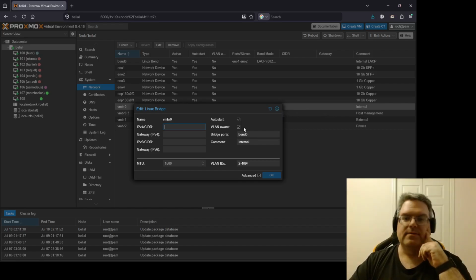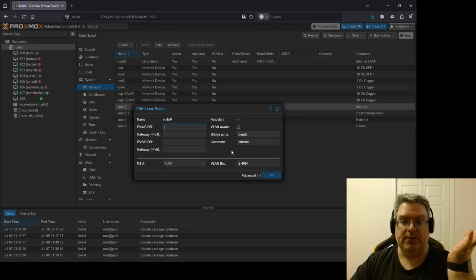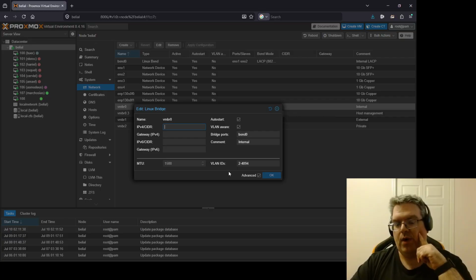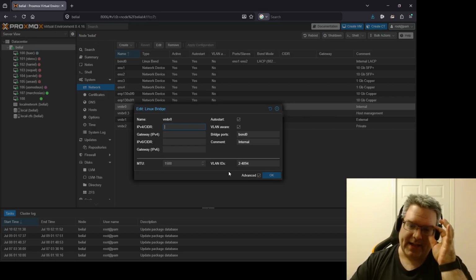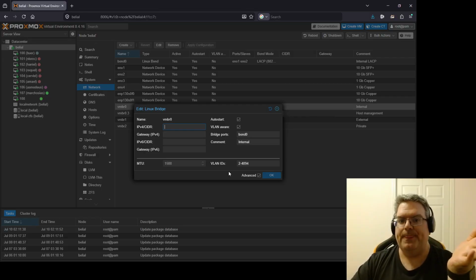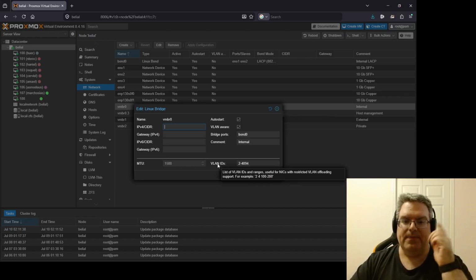If we take a look at the setup for VMBR0, you can see I have tagged this with VLAN aware. That just means, yes, you're going to run VLANs over it, so keep that in mind. And you've got VLAN IDs that are available. You can see that I don't have VLAN 1 in there because VLAN 1 is the native VLAN. I don't know this for sure, but I suspect if I had something like VLAN 100 as the native untagged VLAN, I imagine I would have VLAN IDs here that go from,